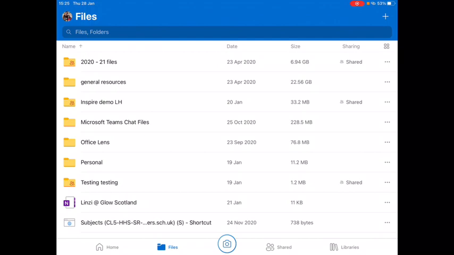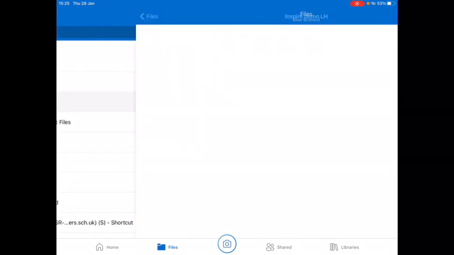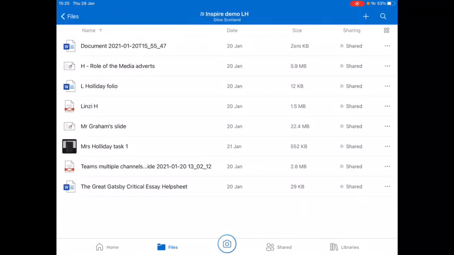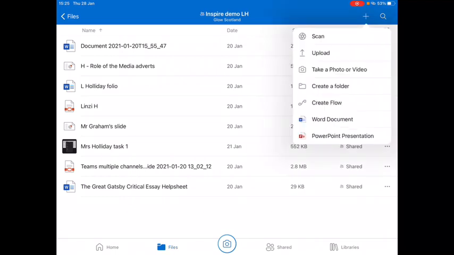saved in. Good practice is to make sure you have a folder for each of your subjects. Choose that folder, and in the top right hand corner you will see the plus icon. Tap on that and you will get these options. If you then select scan,